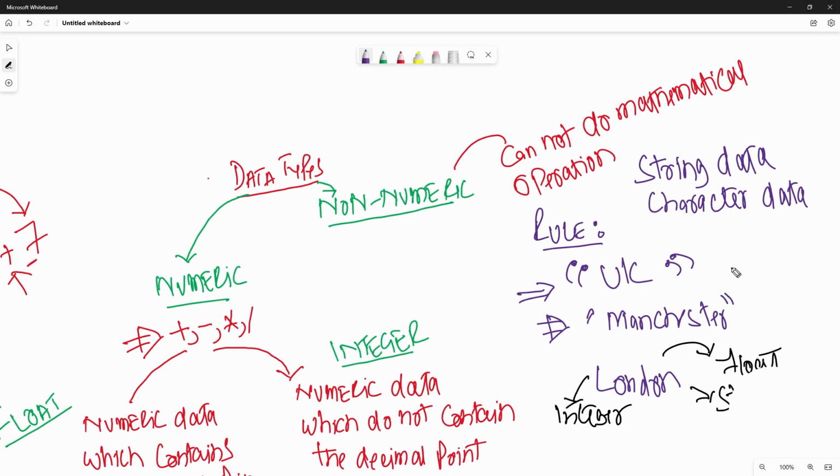Why? Because the rule is the data must be in speech marks. So it is not in the speech marks. So again, computer will give you an error that I do not know what that thing is. So what you have to do, you have to enclose that thing in speech marks, then it will become the string data. And one other point about the string data is,